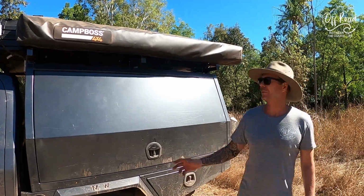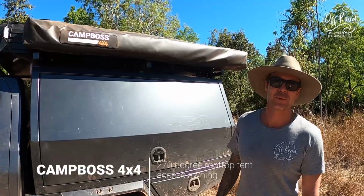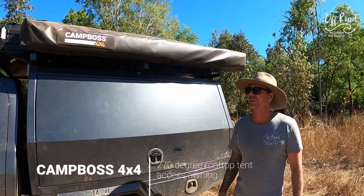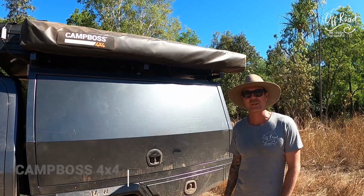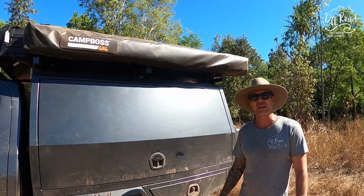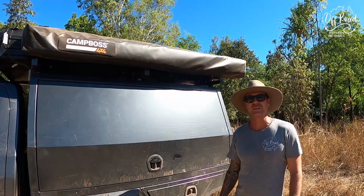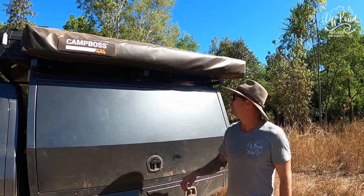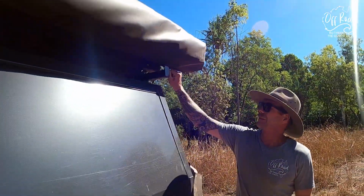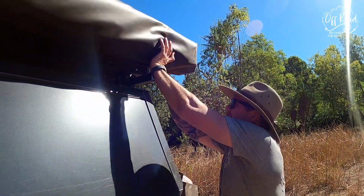We're going to do a review on the new CAMPBOSS 4x4 270 degree awning, which we've just put on the old Hilux here. This is our first weekend out and about with it on, and we're just going to unpack it, give you a bit of a look around and show you what it's like. It comes with its own mounting brackets and things like that. It's obviously got the double zip